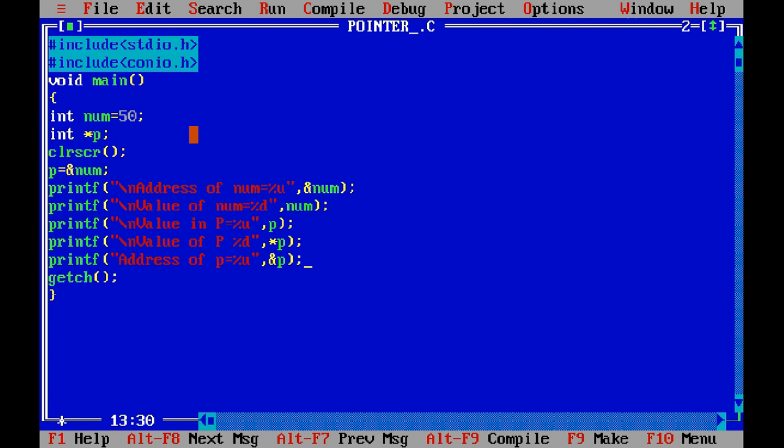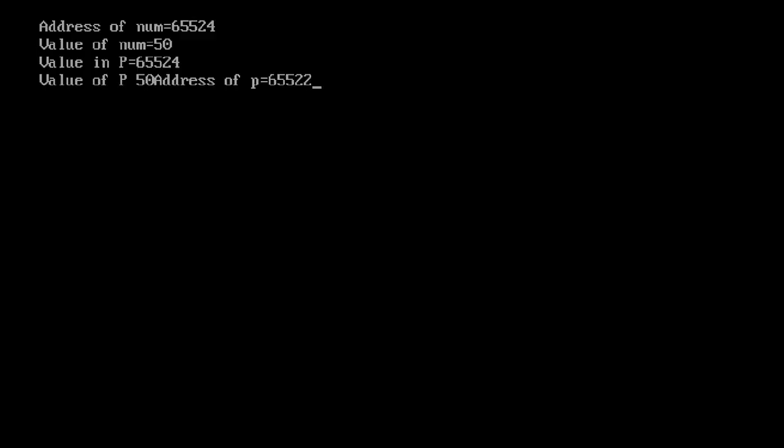It must be different from the address of num, right? Because the pointer variable itself has its own address. So here you can see address of p is 65522. Whatever free memory is available, the compiler allocates that free memory to the variable. So 65522, address of p.